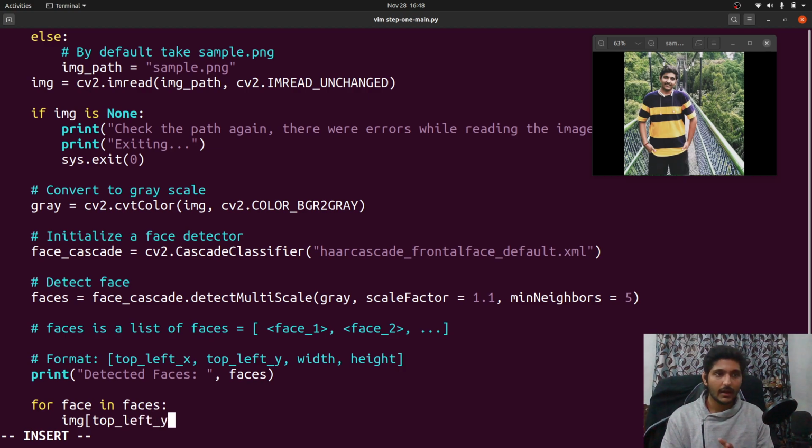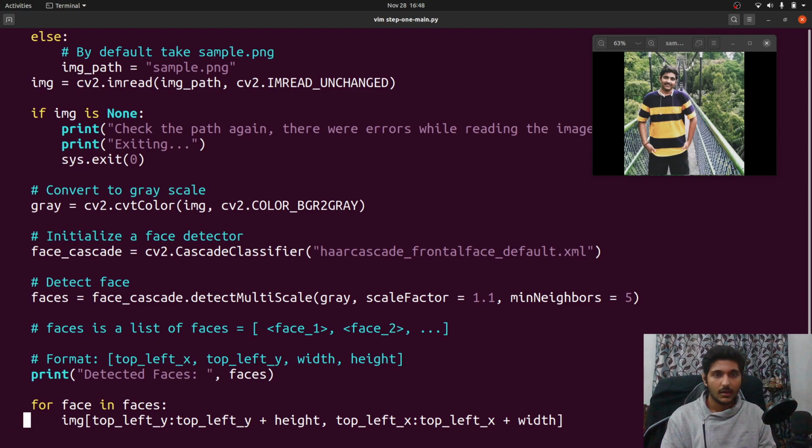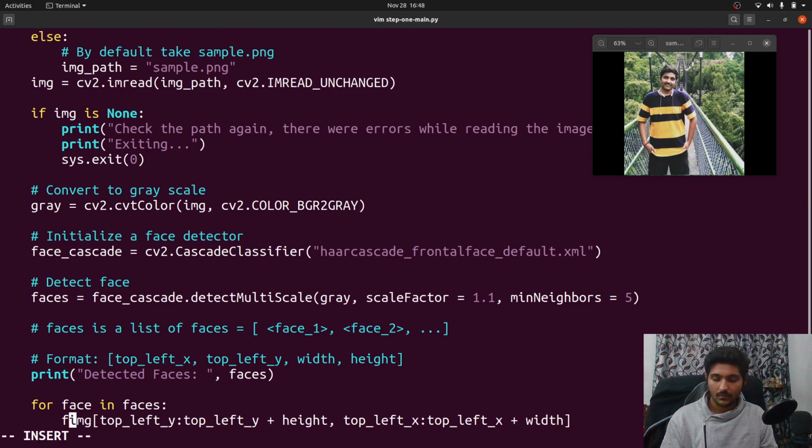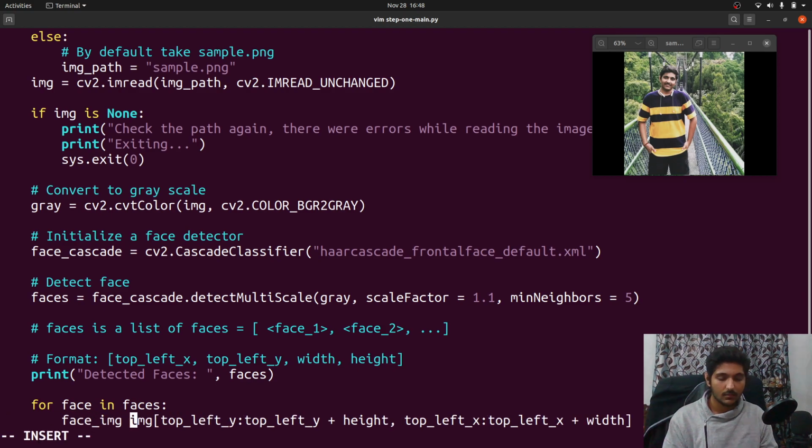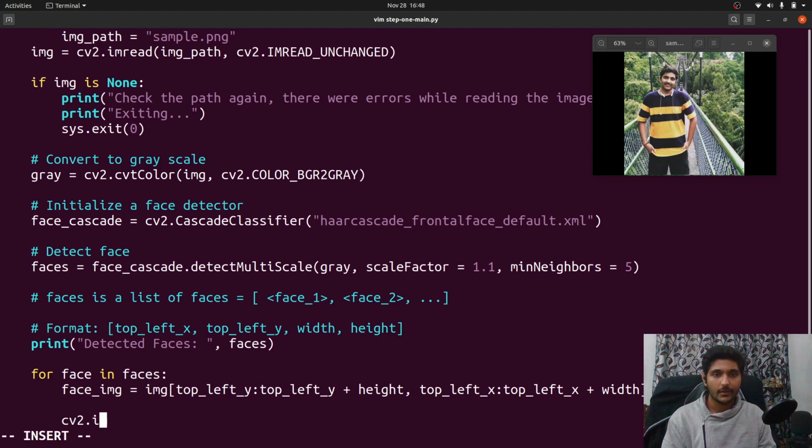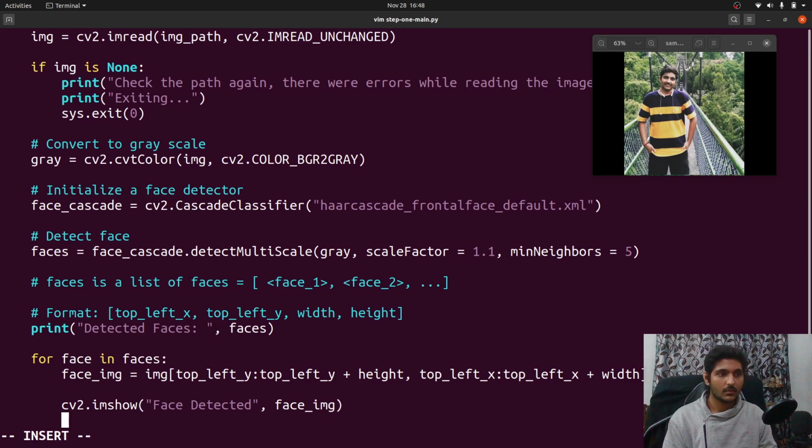Always remember, in OpenCV we keep the y coordinate first and then the x coordinate. So this is going to be the face. Let's try to show this image. I'll quickly add waitKey(0) and destroyAllWindows.